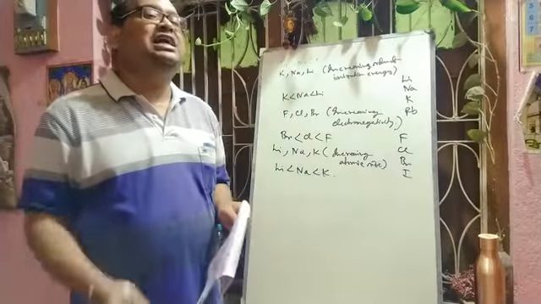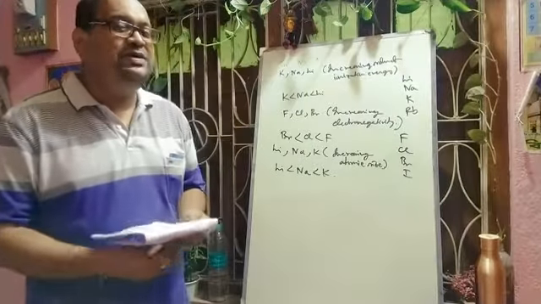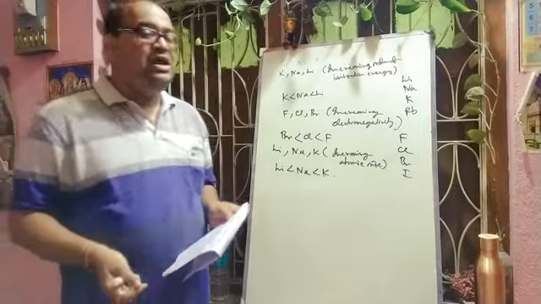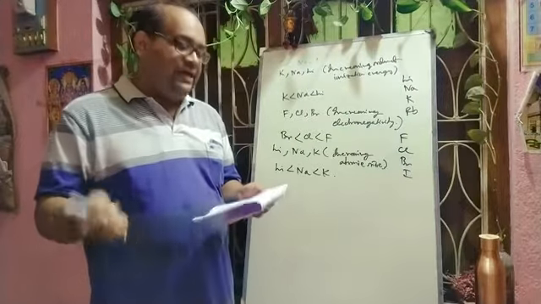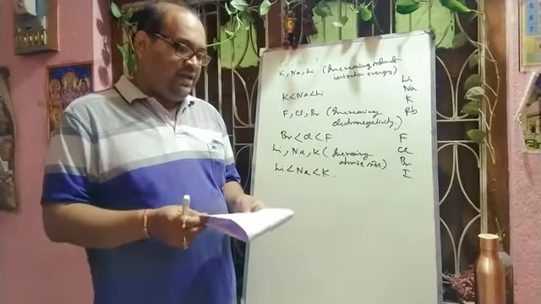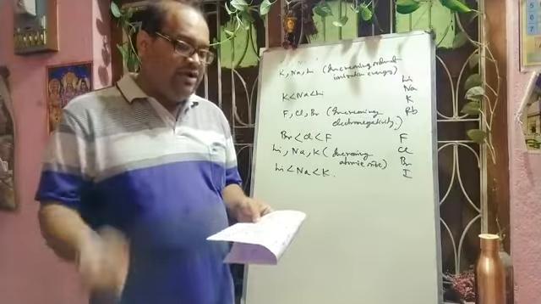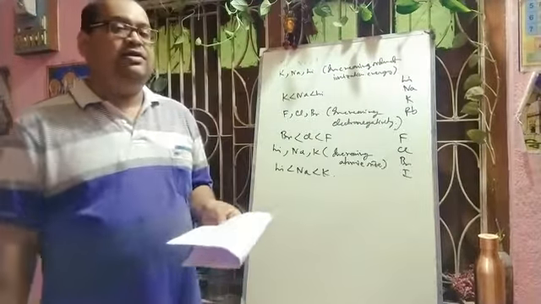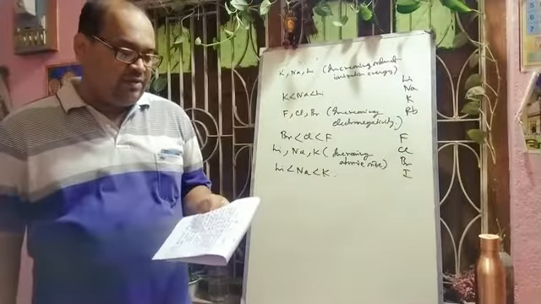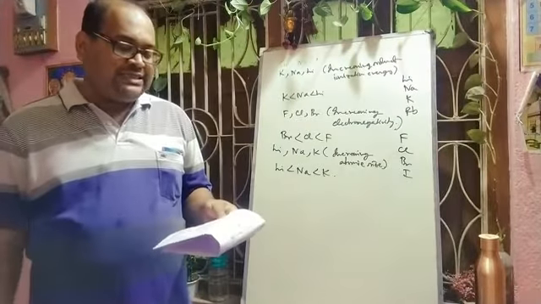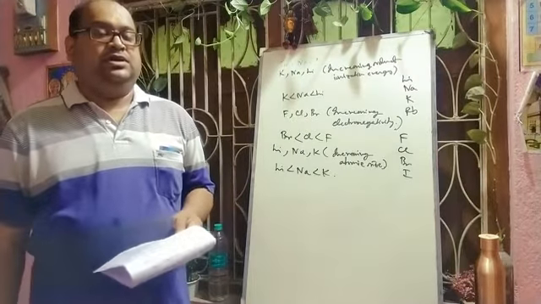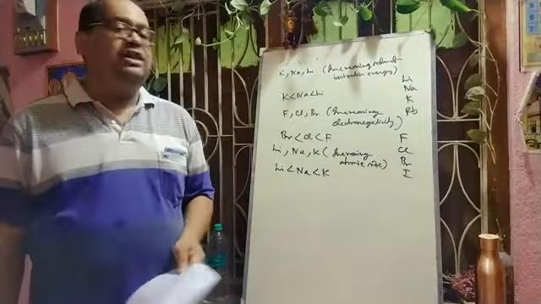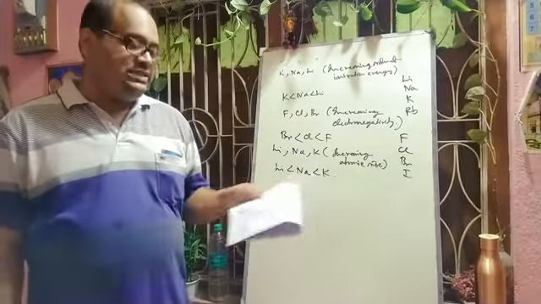If we consider the third ionization potential value, it will be greater than the second, and the second will be greater than the first ionization potential value. If anybody asks you the unit of ionization potential, that is energy, you can write kilocalorie per mole or kilojoule per mole. Next, which element has the highest electronegativity? Generally, among fluorine, chlorine, bromine, iodine, fluorine has the highest electronegativity.